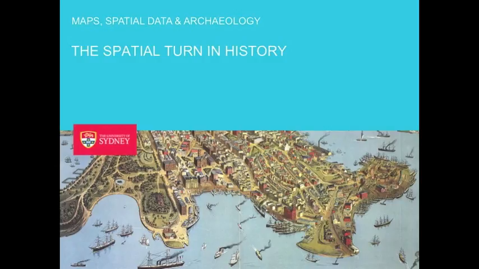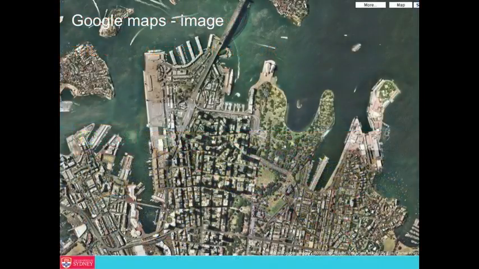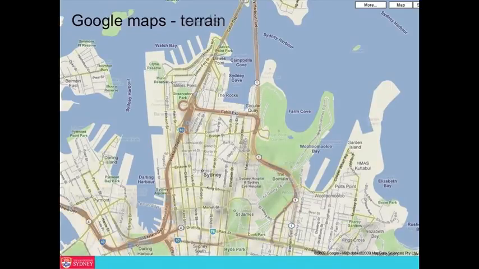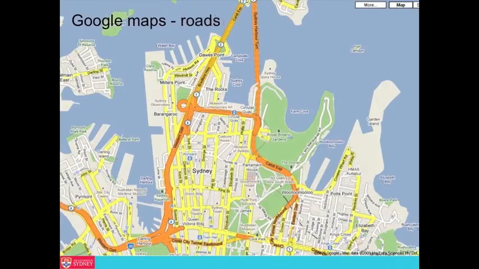So here's an example. It's a good place to start. Google images, all maps are lies. This is an image. It's reality. Well, no, it's not. And you can actually see that it's made up of a patchwork of separate images. If we look at the terrain version of Google, we get a different version of reality. This one shows with more clarity the street structure and places of interest and so on. Things are labelled. And then if we look at the road version, again, it's another lie, but it's a lie